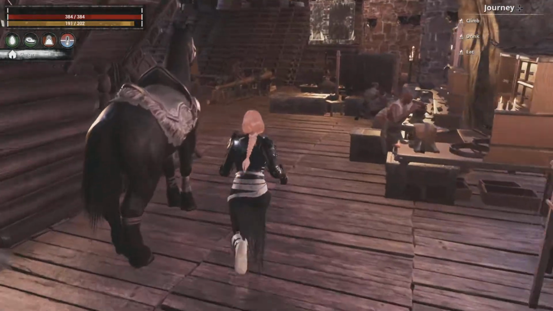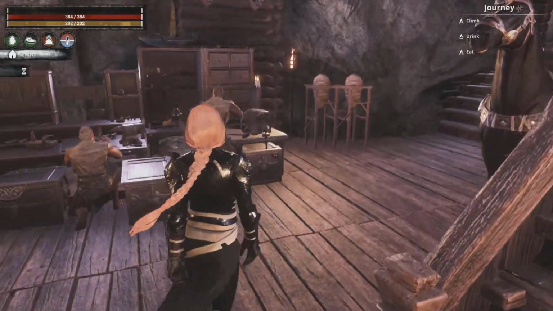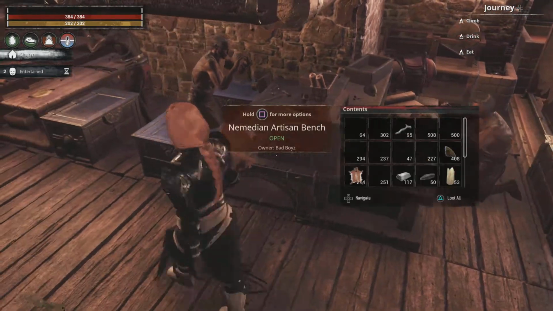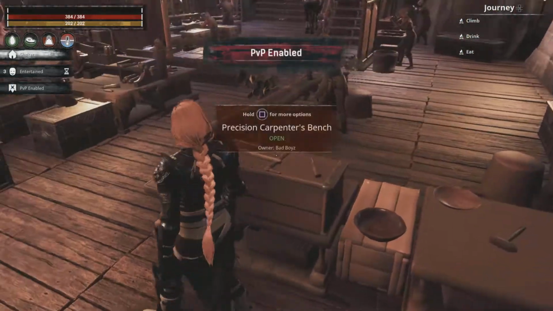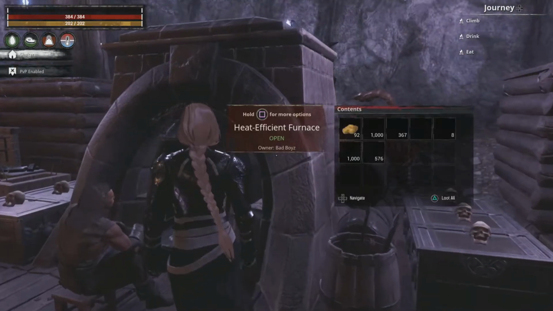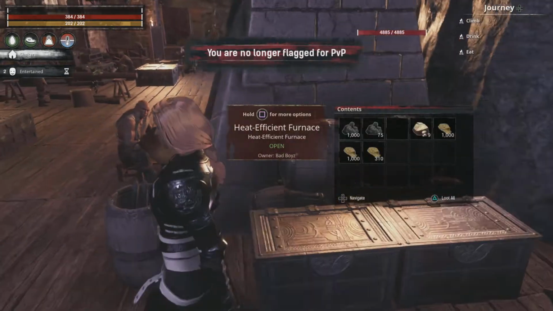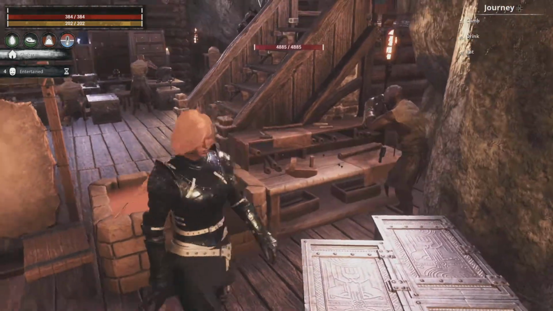A Wheel of Pain. And my workroom. The Tinker's Bench, the Improved Armor's Bench, the Garrison Armor Bench, Saddler's Bench, Nemedian Bench, the Torturer's Work Table, Precision Carpenter's Bench, Improved Carpenter's Bench, the Heat Efficient Furnace, Garrison Blacksmith Bench, an Improved Furnace Kiln, another Heat Efficient Furnace, the Improved Tannery and Bench,